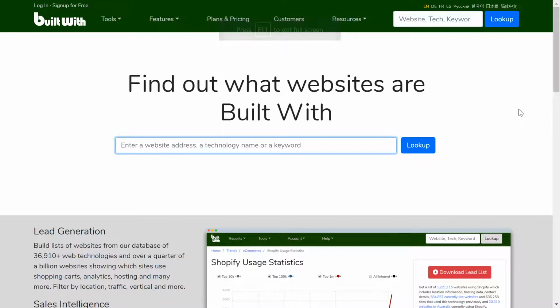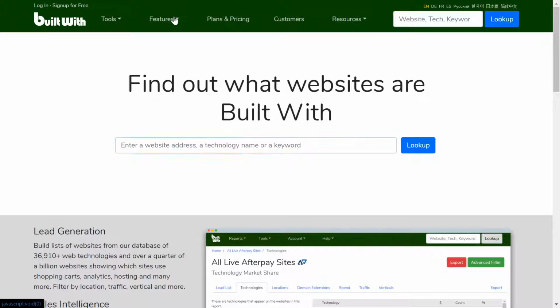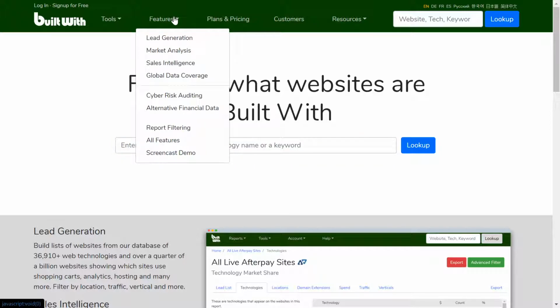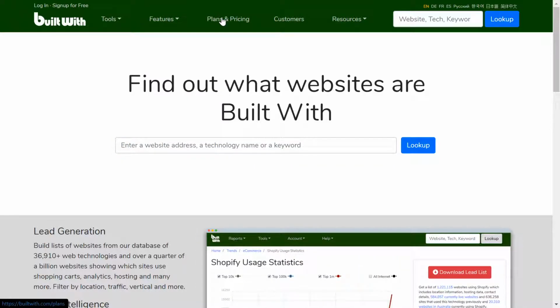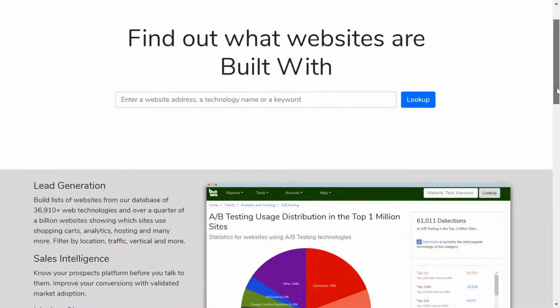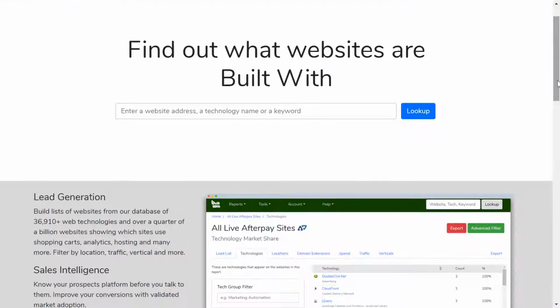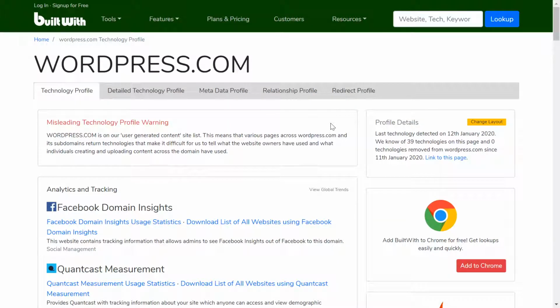The other one here is BuiltWith. There's no Chrome extension you have to install. There's nothing you really have to do other than literally search the website's name. And they have other features here if you want to check it out. They have prices and plans for more costly, more in-depth information about the given website. But we're going to keep it quite simple: essentially this searches the website and finds the framework of it, and you can search through multiple different ways. You've got the technology profile,